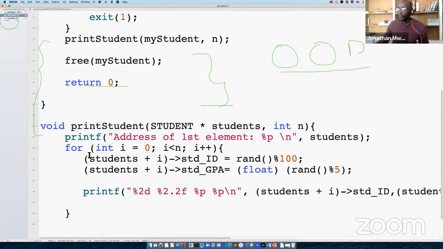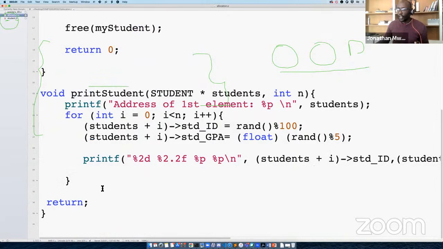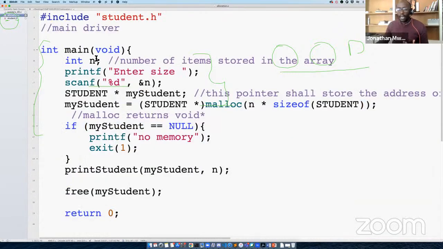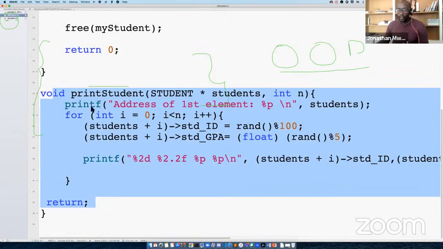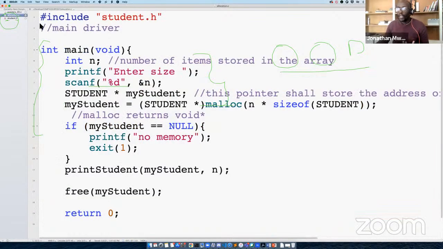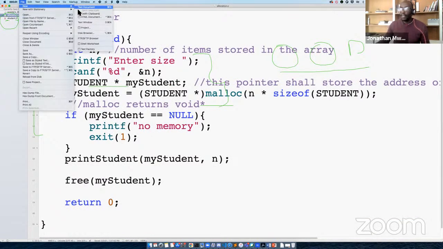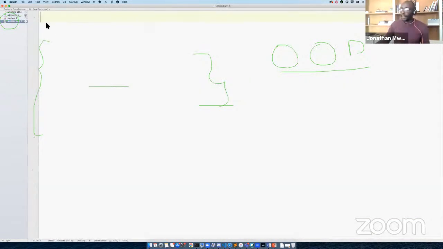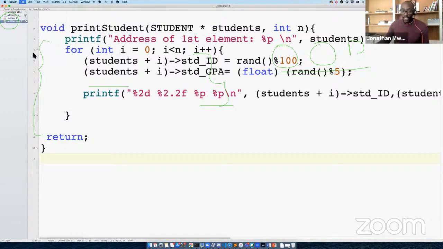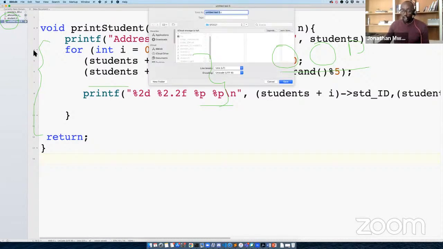One more thing: this function here, print student, is in the same file as my allocation or main file. That means nobody else can use this function apart from main. So what else can I do? I can copy this, but because it's an implementation containing so many things, when I create something for it, I'll paste it here, in a new file. Now, this is not a declaration, this is actually a definition. So definitions are contained in the .c file.